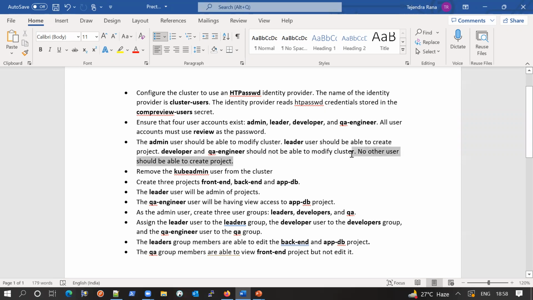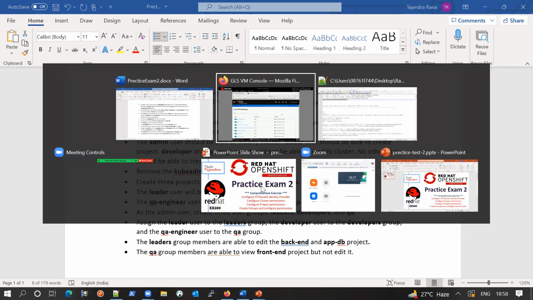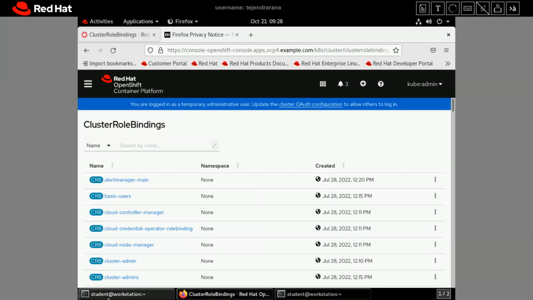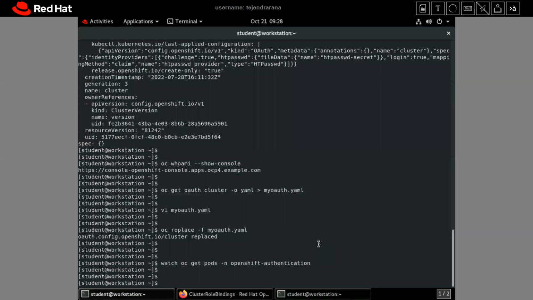Right, now let me do the other things one by one. The admin user should be able to modify the cluster. To modify the cluster, the admin user must have the cluster-admin role. So how can we provide this cluster-admin role? Let us do this via the terminal. We have to give the command oc adm policy,